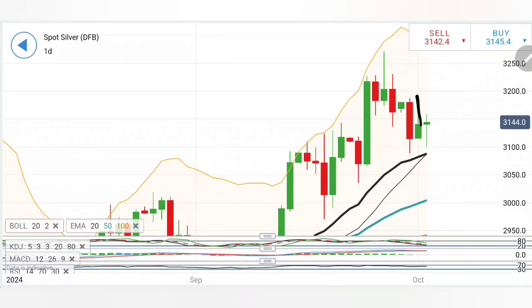After yielding a greener candle yesterday, and the greener candle comes with a smaller body and a bigger wick, it suggests that the price was not willing to stay bullish, but this was a spike due to the news related to the geopolitical tensions. Now, what has happened since then? We have seen it delivering lower highs, so it can deliver lower lows, which means a potential move towards 31.80 can be seen again. But I still have my observations reserved here, because see, this is where the formation is,